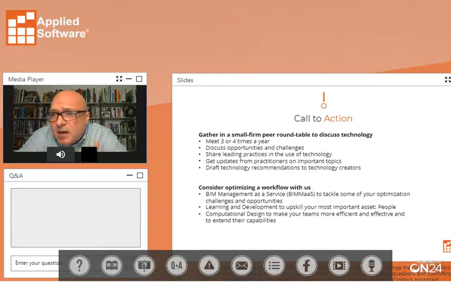And then you think about computational design. That's the ability to automate a lot of this stuff and get through some of the mundane things so that your team can use the tools to go to what's more interesting to them, and that's the design and construction process. So anyway, I know that was fairly quick here at the end, but I want to jump over to